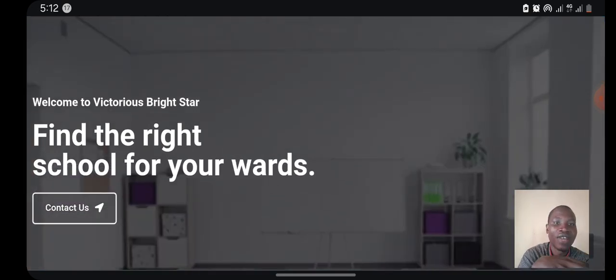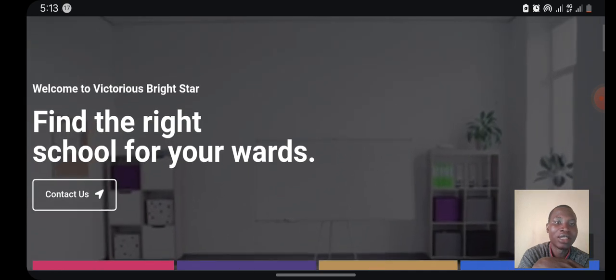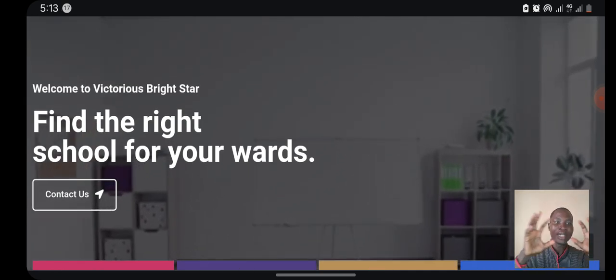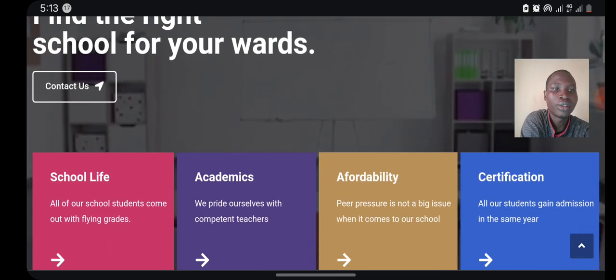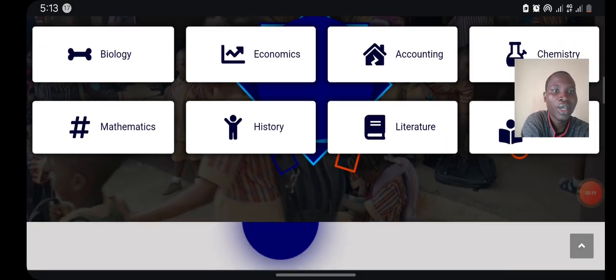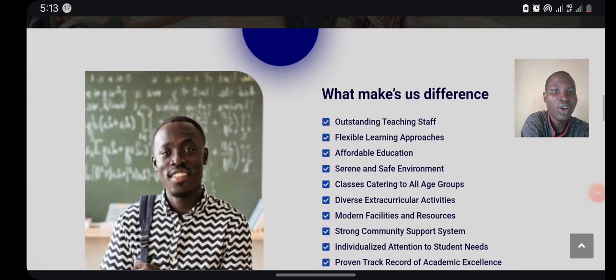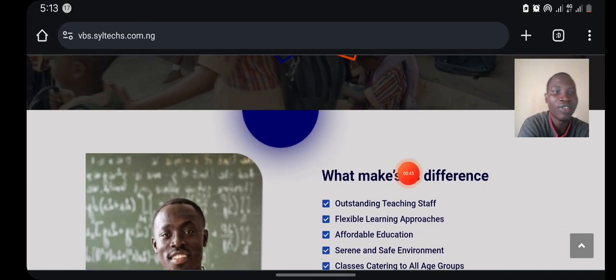added some effects on this top section, which is the zooming effect. Okay, and if you also scroll down, you can see that I've added this nice background right here under this school syllabus. Okay, and you can see under this section I also added all of this effect right here just